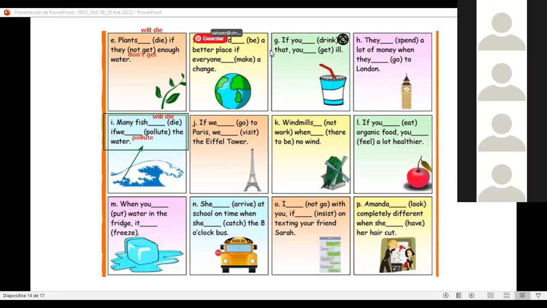Let's see this one. Vamos a ver. Can you help me with this one, please? Los molinos de viento, windmills. Los molinos de viento no funcionan cuando no hay viento.